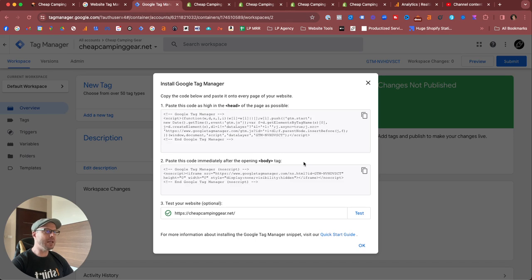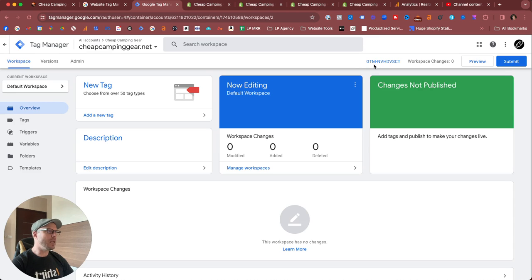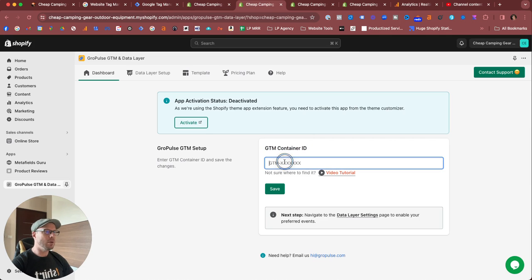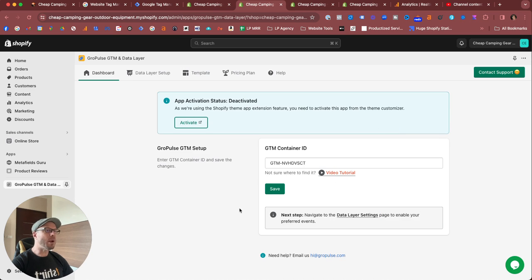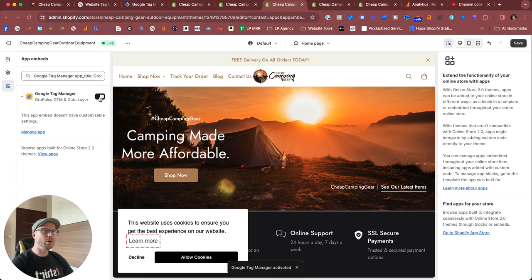So how to find that? You can take the ID from here. You can copy this here, or you can find the container ID here. You can just copy that, come back to the app here, paste that in and hit save. Exit that. It's also important that we activate the app within the theme. So click activate. Then toggle on the app, make sure that's toggled on, save it, may already be toggled on,